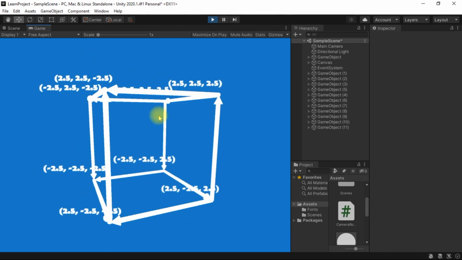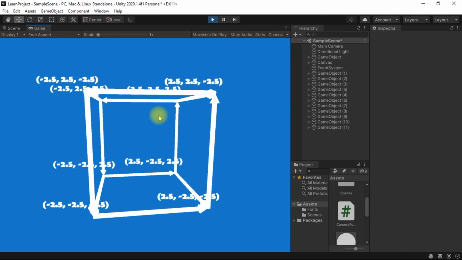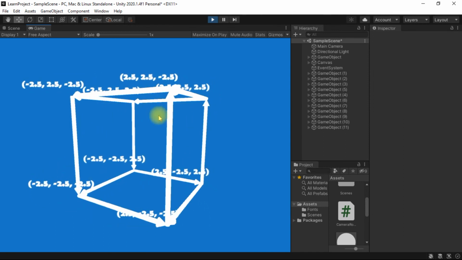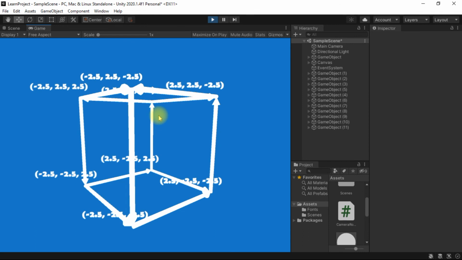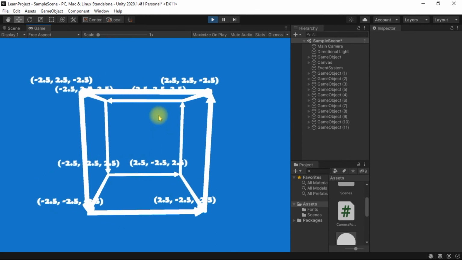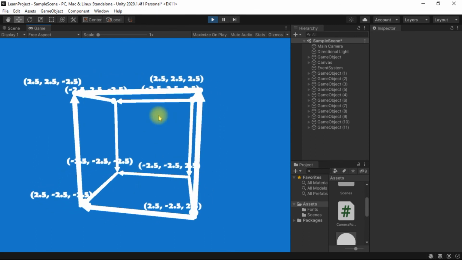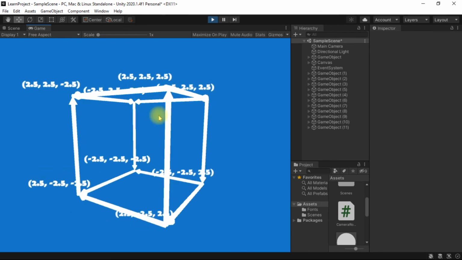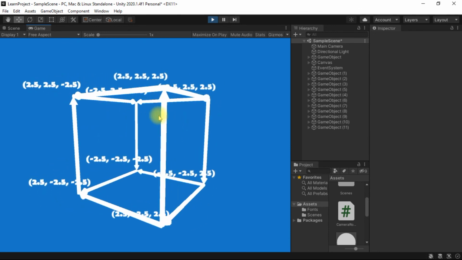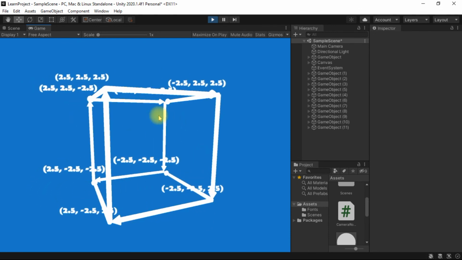So this was the very basics of how to represent positions and directions with the help of vectors. In the next video, I will show you how to create these scripts that I have used in this video. The rotation script I have used here is from the rotation video I created. And if you haven't already seen my video on smooth rotations, then you can check it out.